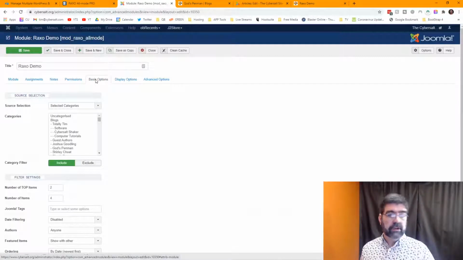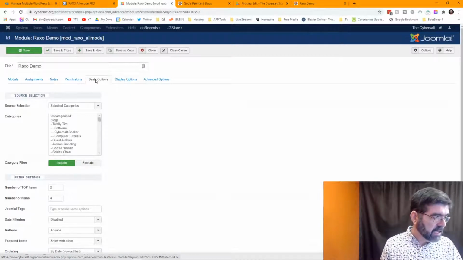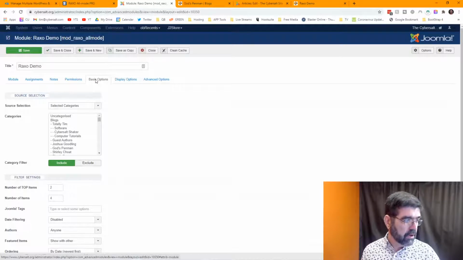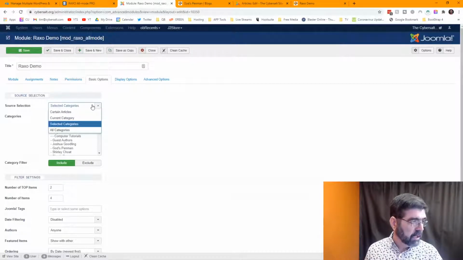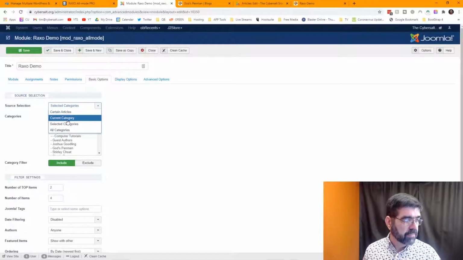All right, so I'm going to select the categories. Now here's the cool thing. I can select the source of the content to display. I can pick specific categories, all categories, the current category, or certain articles. Now I'm going to select all categories,